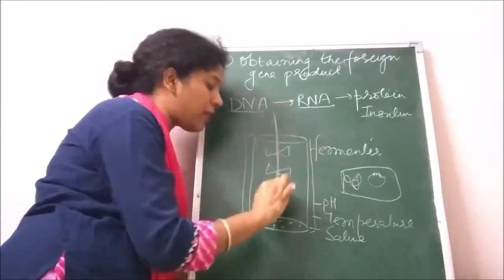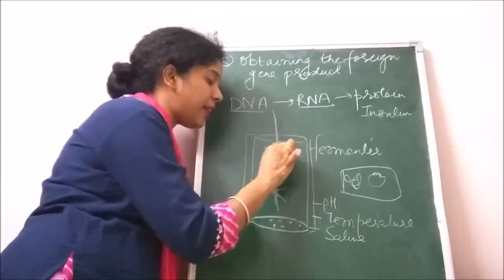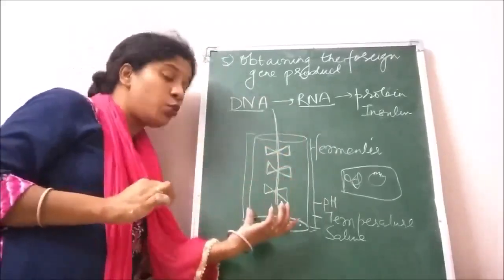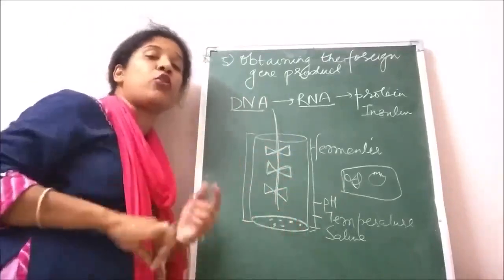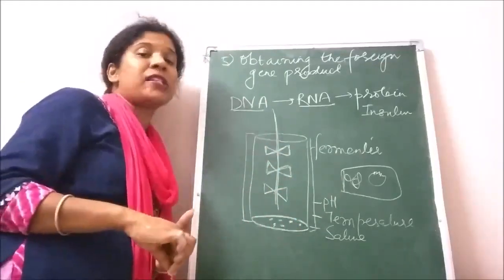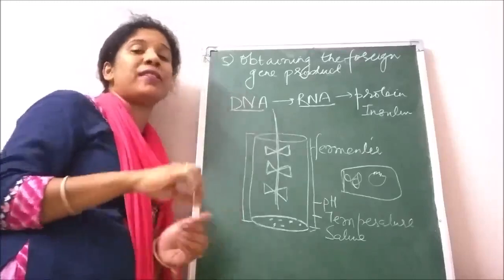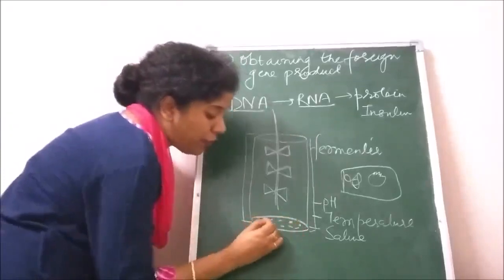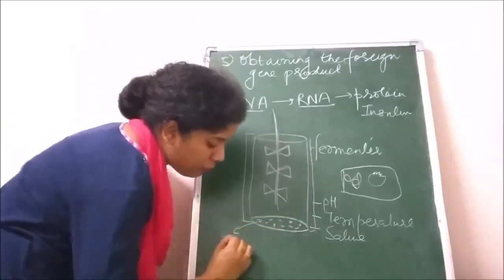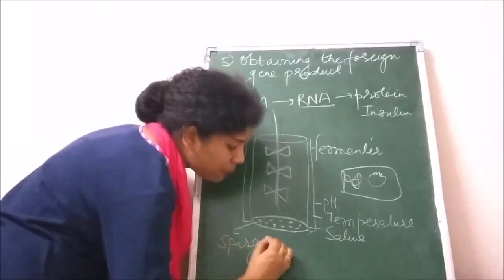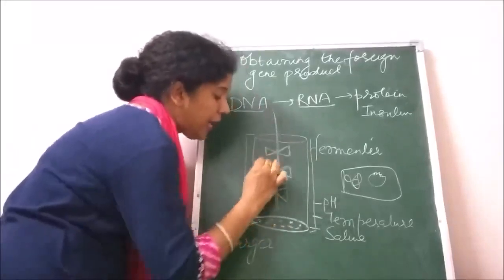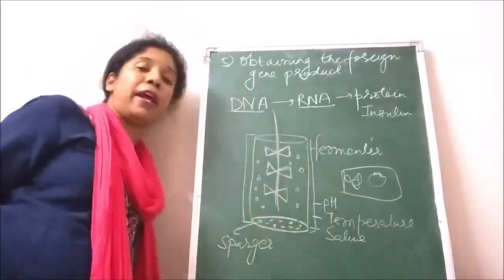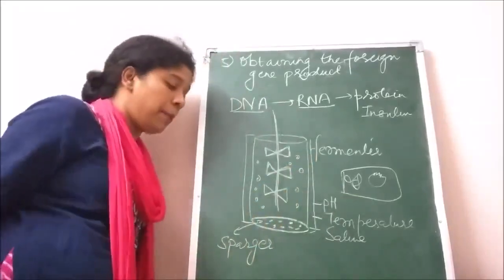Also there is a vortex or mixers in the center so that the medium and the microbes are mixed properly and do not settle at the bottom, and there is continuous stirring taking place and proper aeration or mixing of the gases. Also there are showers of gases at the bottom of the fermenter which are called spargers. These spargers bubble out the air so that the air enters the fermenter and there is equal supply of oxygen to the microbes.